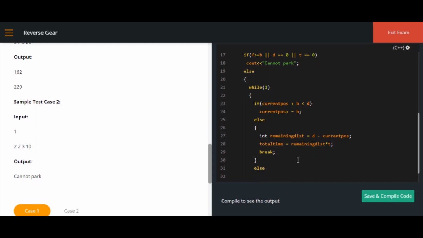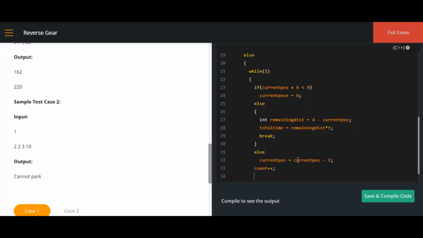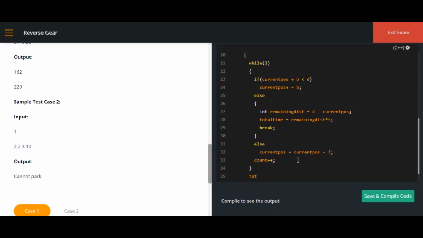So moving forward is nothing but simply subtracting forward or F from the current position. This is done. So I am going to keep a count of this every time this iteration is happening. I'll just close this.